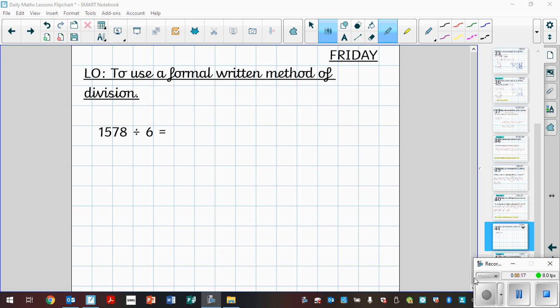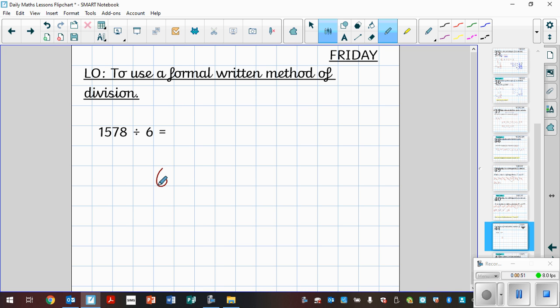So for today's arithmetic lesson, we're going to be looking at the formal written method of division. Now you've got a number of division questions for today. So we're just reinstating what we already know about using that written method. So the question that we're going to work together to start with is 1,578 divided by 6. Now we know that our divisor is 6, so that goes on the outside of the bus stop method. And then within the bus stop, we need to put